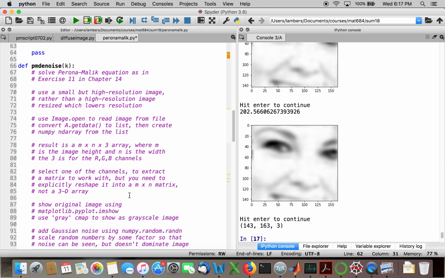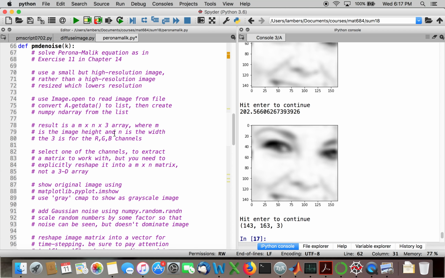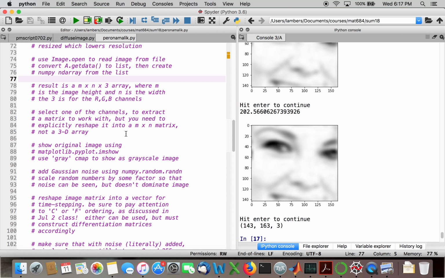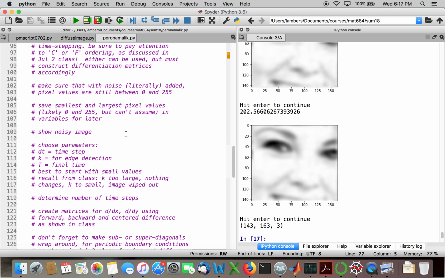And then for denoising, the setup is similar to what I've just shown you in the case of ordinary diffusion. A lot of it's repeated here, but you can just use the code that I just showed you in the diffuse_image.py as a starting point. Okay. And one thing that I'd like to have you do, though, is